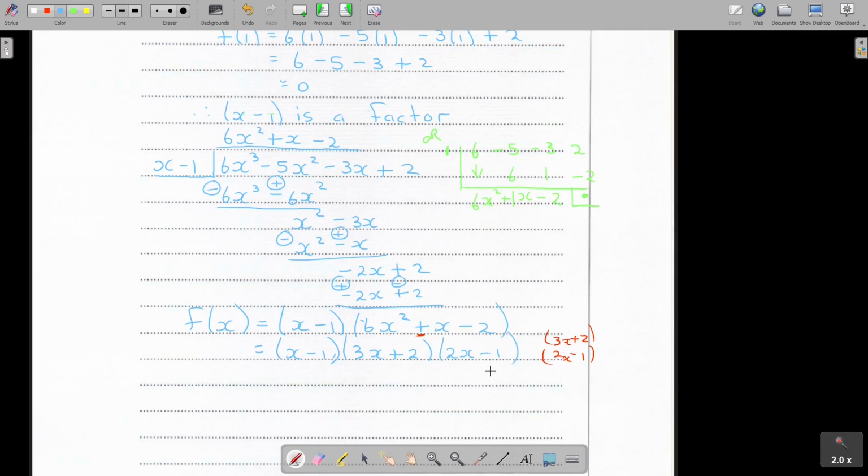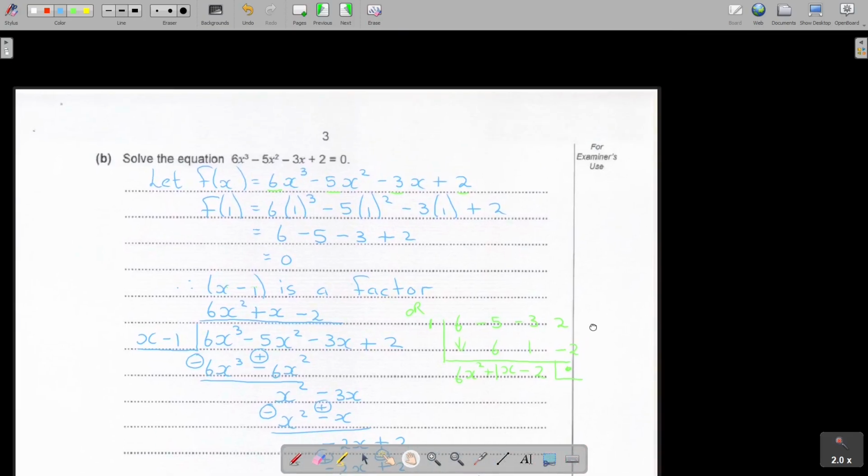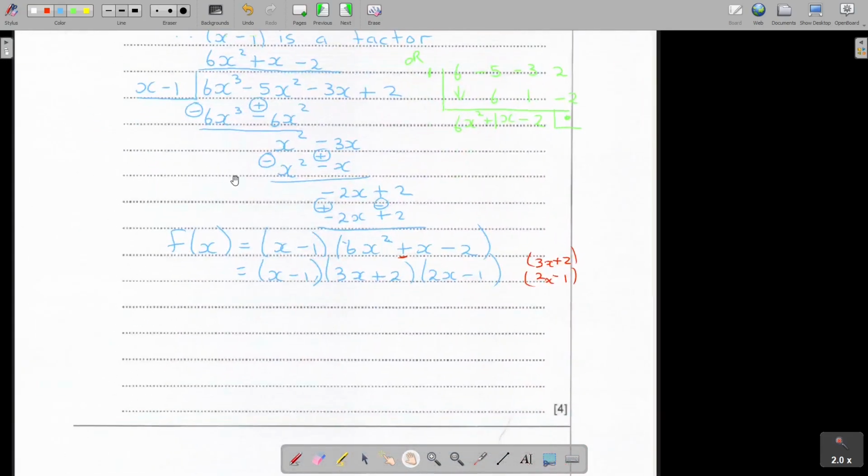Okay, and now, because if you look at the question, I was just treating it as an expression, but then in the place of fx, they put a 0. So it's actually an equation, not an expression. If they in the exam ask you just to factorize, then please remember you will stop at this step. But it's not an expression, it's an equation. So they put in the place of fx a 0. And now you put all 3 equal to 0.